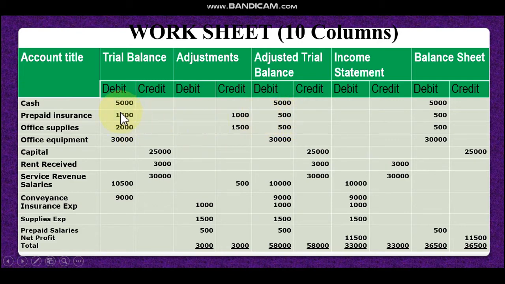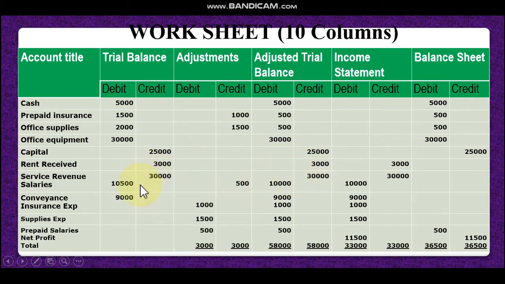Why is it debit? Because the debit side is greater than the credit side. Then look at office supplies: 2000 debit and 1500 credit. That means we have to subtract: 2000 minus 1500 equals 500. So office equipment is 30,000 debit directly, 25,000 capital is credit, rent receipt 3,000 credit, service revenue